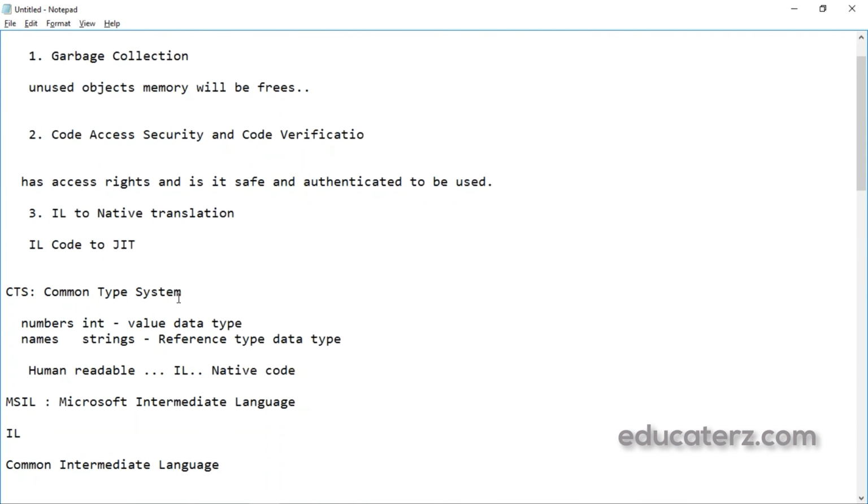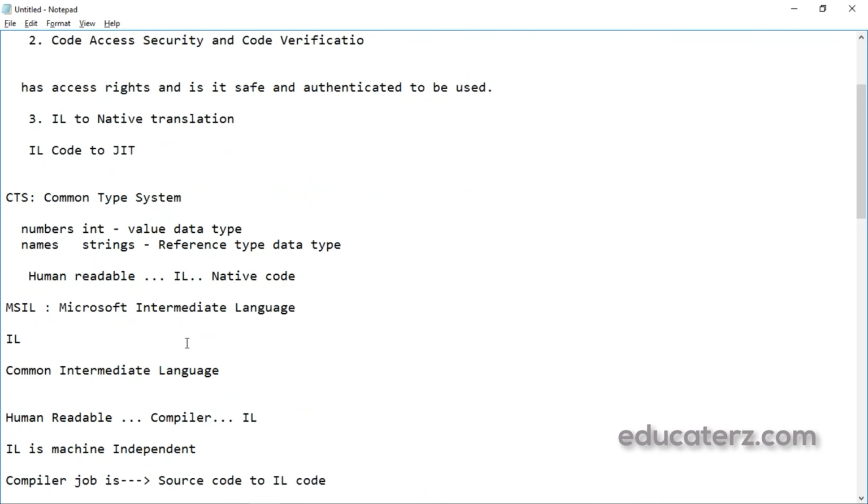Then CTS is the Common Type System, which is useful for converting a data type in one language to a data type in another language, making it one common data type instead of different types for the same purpose.